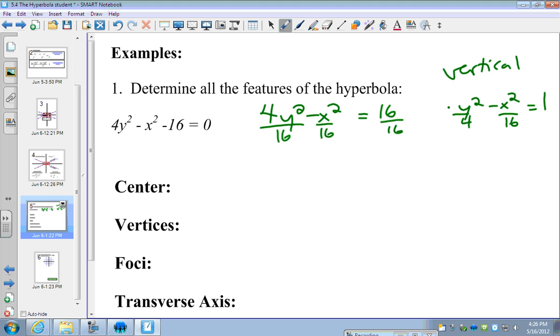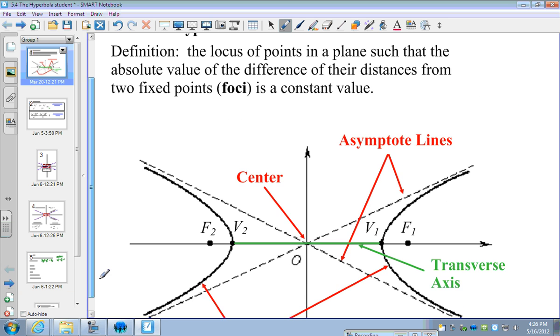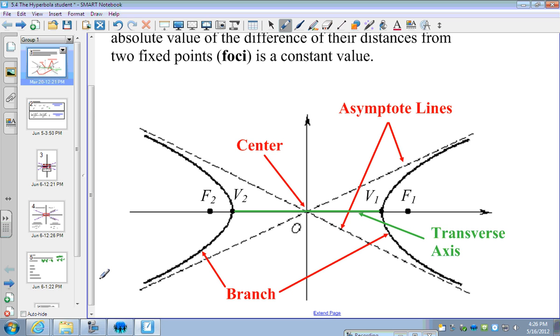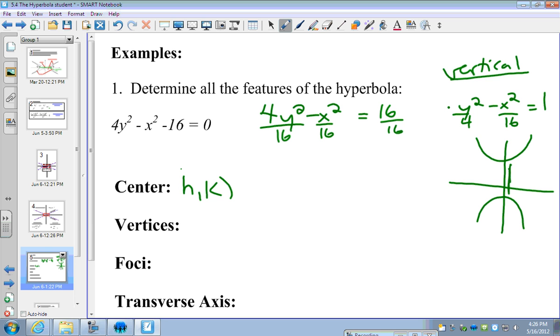What was the transverse axis again? That means that it's this way. So this is horizontal. I said I have what? Vertical. Okay, so my hyperbola looks like this, because there's my transverse axis in there. Okay, a couple things to look at. My center is (h, k), so it's still (h, k). We'll make that note, and it's going to be (0, 0),